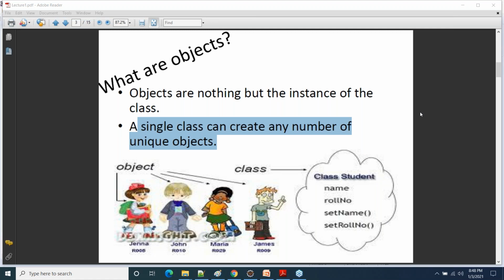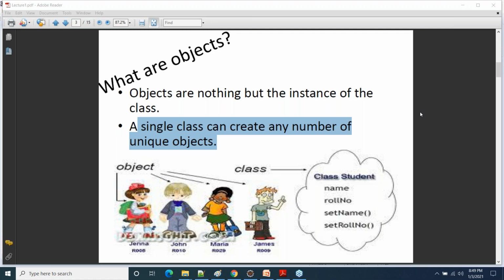But when they actually start implementing those classification into reality, they created the iPhone, and iPhones are nothing but object. Yes or no? So objects are nothing but the end result, implementation of a class. And we also call objects as instance of the class. Is that clear?